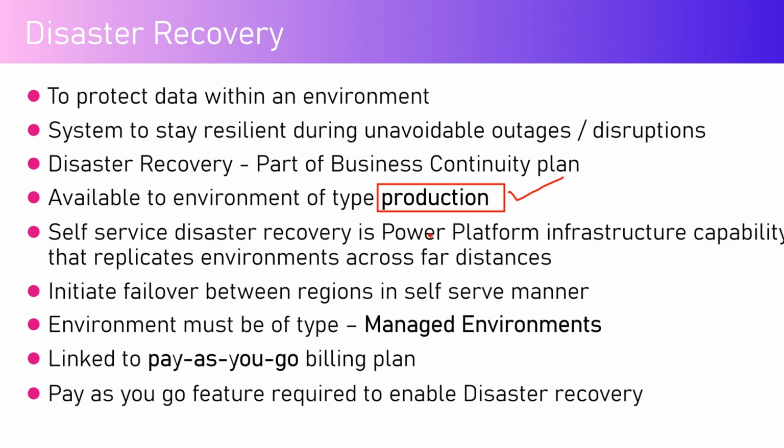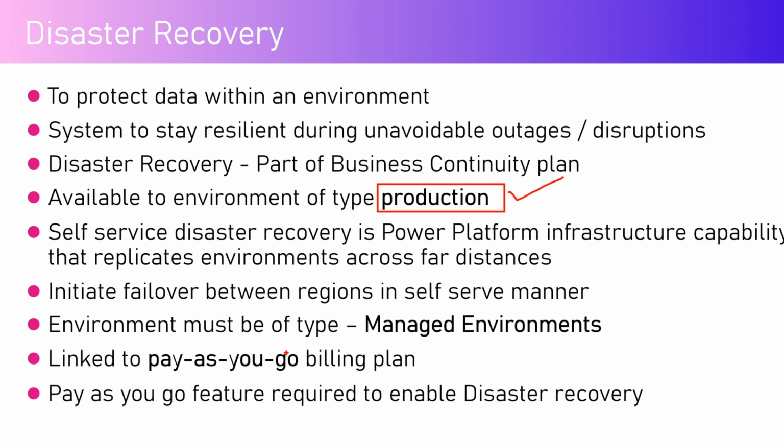Self-service disaster recovery is a Power Platform infrastructure capability that replicates environments across far distances. So it all depends on how your data center is structured. You get something called a data center, then we have an availability zone, and then we have geo-redundant or locally redundant services. This is part of the Azure infrastructure, which protects your entire Power Platform infrastructure. Now, what happens in case of a disaster is that it will initiate a failover between regions in a